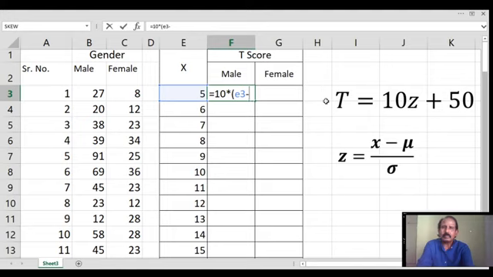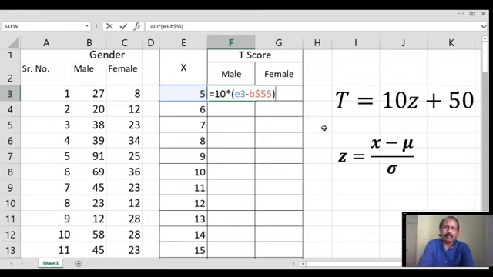But friends, remember this mean will be used while finding the T-scores of all the remaining X's, from number 6 to 91, we have to use this mean only. So the mean address will be common while finding the T-scores of all the remaining numbers. In such a case, we have to freeze that particular cell address. For that, we write here B, then we put a dollar sign, then we write 55. Then we close the bracket, and this we have written as X minus mu.